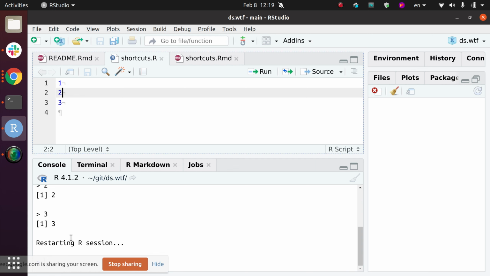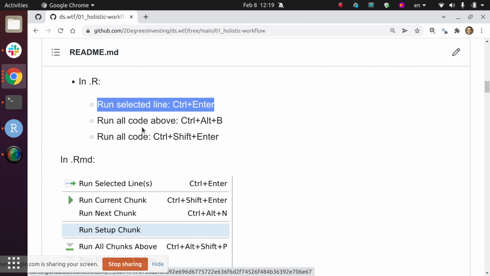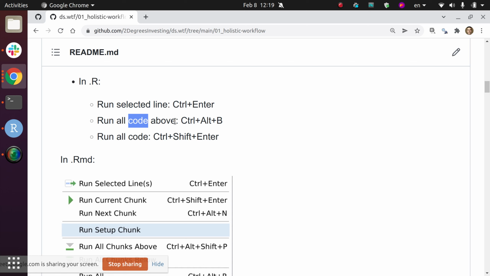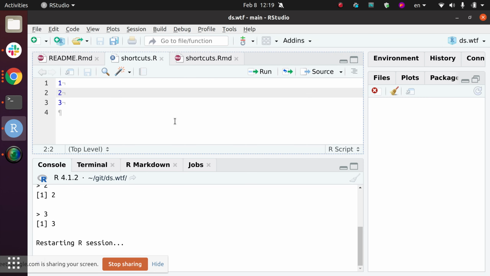But sometimes you don't want to run everything, you just want to run everything up to the line in which you are. So if I'm in line 2 and I press, is it Shift-Ctrl-B? Let me go back to my file here. Ctrl-Alt-B will run. Let me clear the console. If I am in line 2, Ctrl-Alt-B runs 1 and 2, but not 3. That's pretty useful because generally you are changing code on top, seeing what the state is at this point,